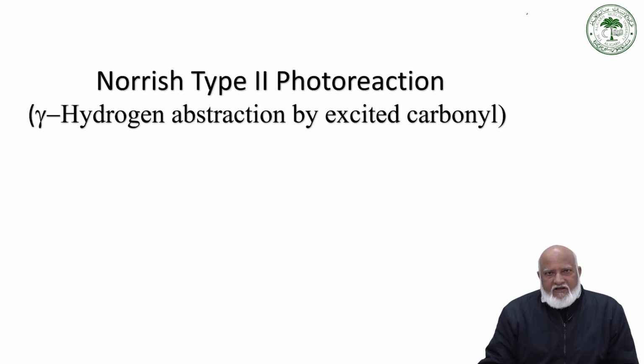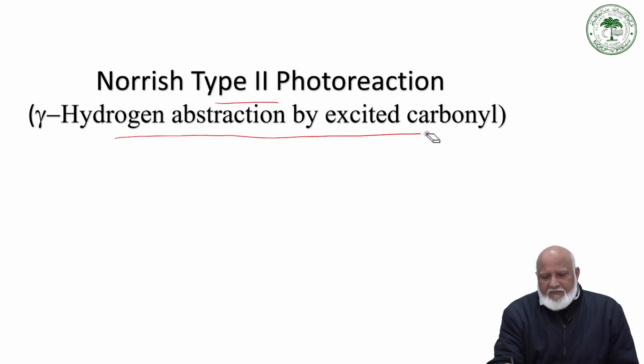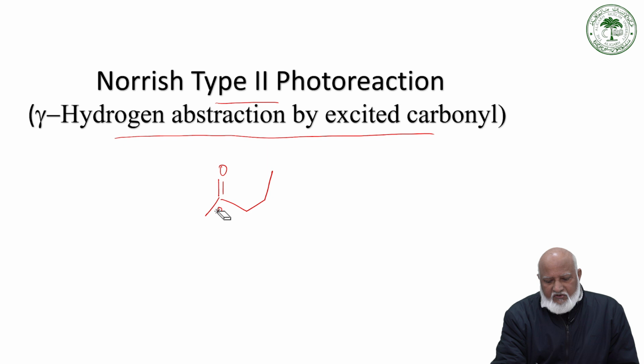Now coming to the next series of reactions observed in the case of carbonyl compounds, the type 2 reaction, which involves gamma hydrogen abstraction by the excited carbonyl. So in this one, when we have a carbonyl and we have CH2, CH2, CH2, this is 0, this is alpha, this is beta, this is gamma. So if gamma hydrogen is available,